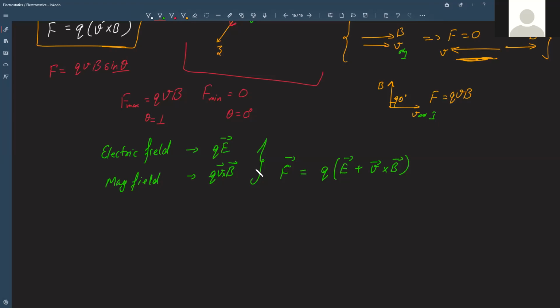Now there are different cases for this, or some applications, which we'll see in the next class. Then we'll see some other applications of this, and after that we'll be doing some numericals, right? And there is a device based on this called the cyclotron, so we'll study that device as well. So we are almost done with half of this chapter, that is magnetic effect of current. So almost half done.